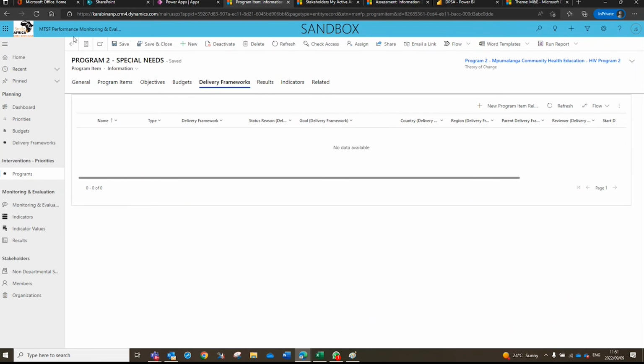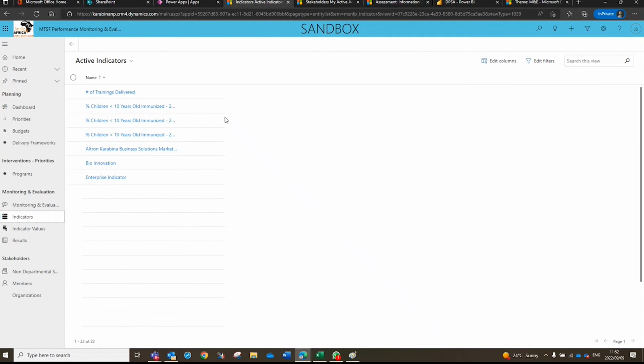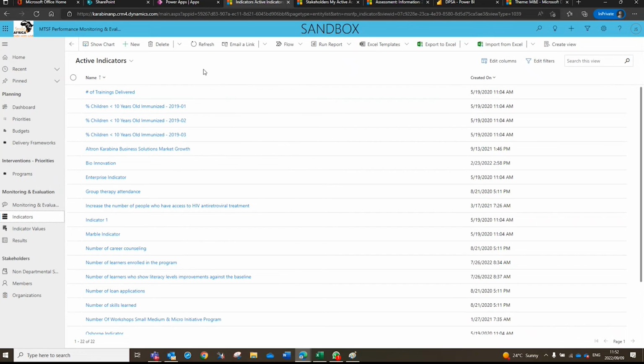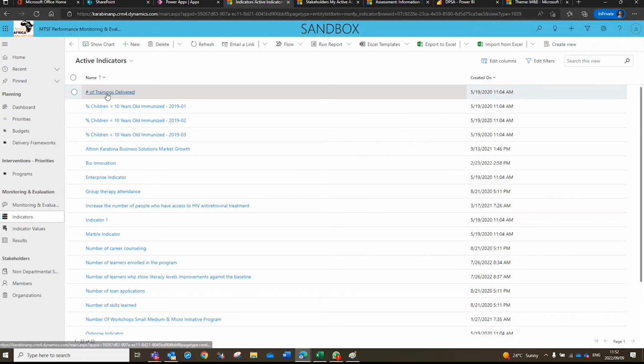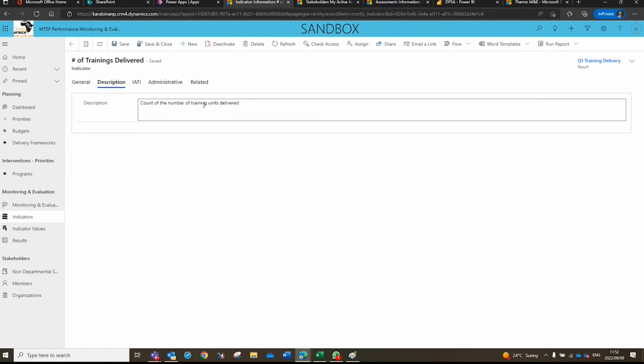So this is my program record where the actual things that we're going to be doing is contained in. Within the monitoring and evaluation space, I have that theory of change. I've got my indicators. And these are examples of indicators. So for example, where I've got a program where it is the improvement of early childhood development, for argument's sake, number of trainings might be an important measure or metric for us. And in this case, if I go into the indicator for the number of trainings delivered, I can see it's ascending. Aggregation, yes, we aggregate that, the start and the end date for that, a description for that particular measurement